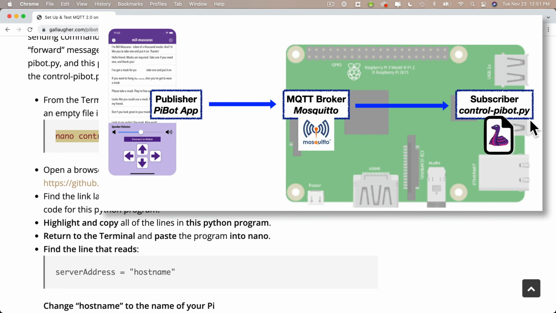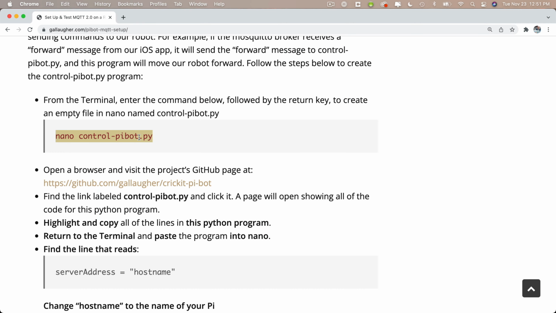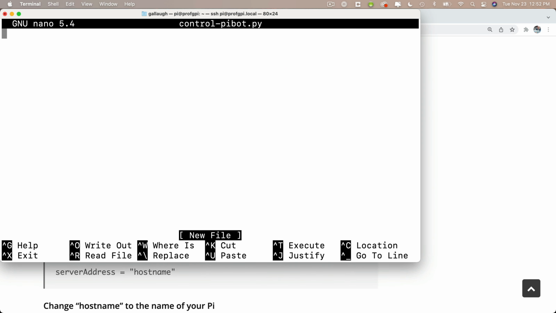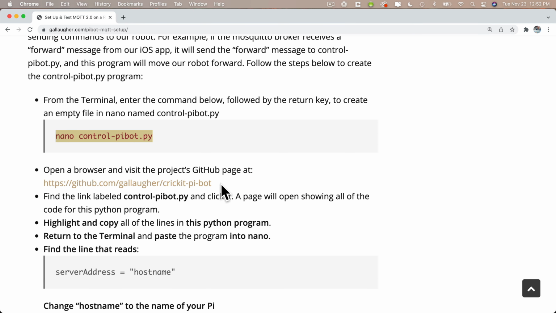control-pybot.py. So copy this command here. This is going to create the file in nano. We'll return to the prompt. We'll paste it in. Nano starts, but it's blank. So let's get the code we need to paste in. And we can find that code at this URL,